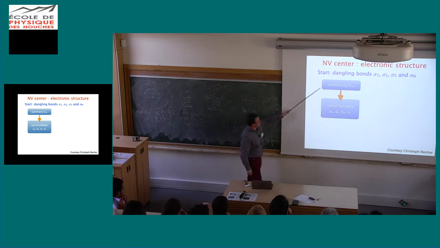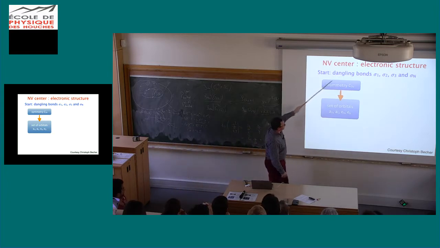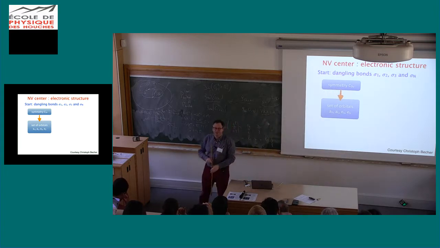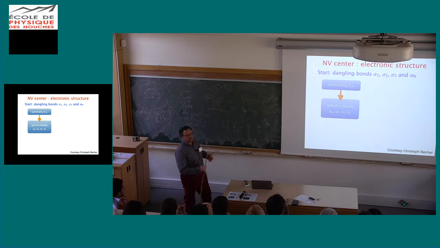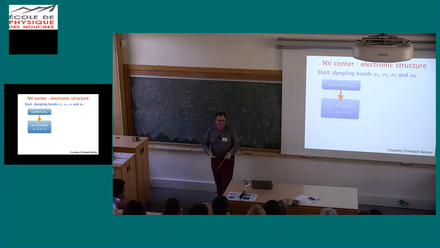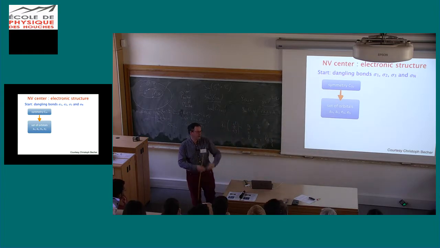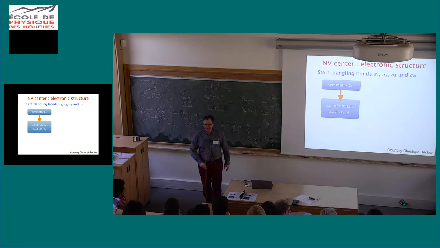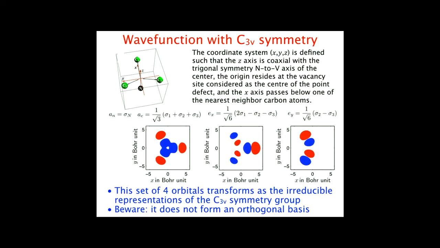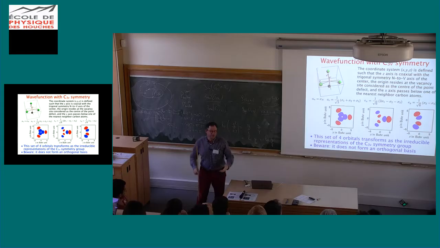So we take now these dangling bonds. Of course, we have to write them in the good basis. So we will make a combination of these orbitals to build a set of orbitals that has the symmetry of the defect. That's the first step. And you can do that using standard group theory, using, for instance, irreducible representations. So this is what we do. This is the first step